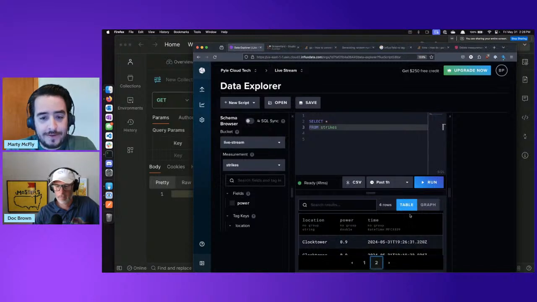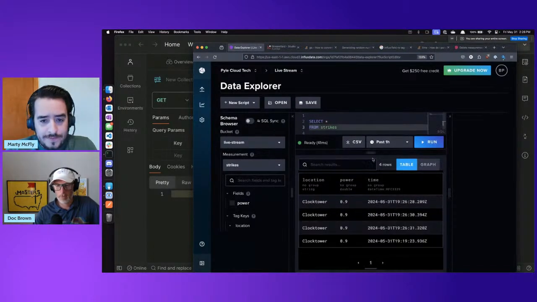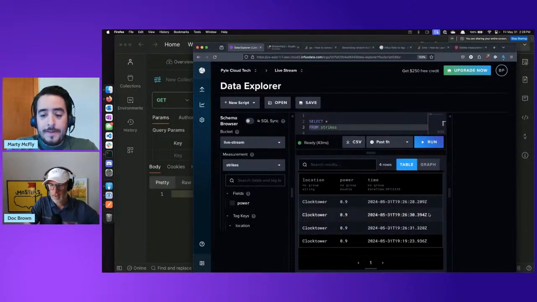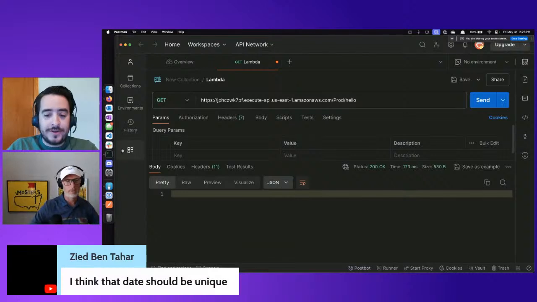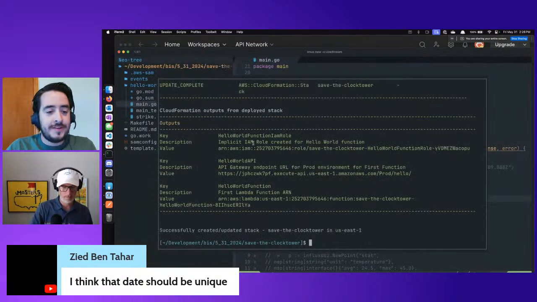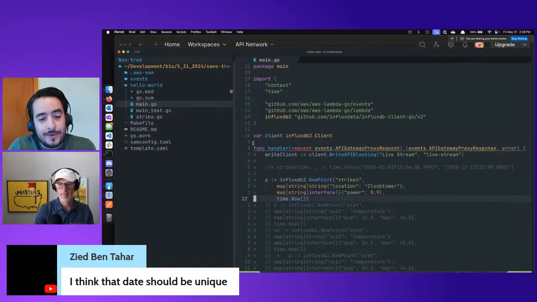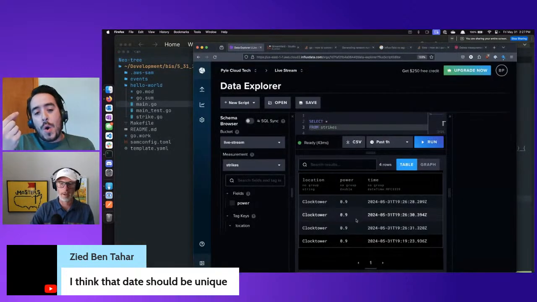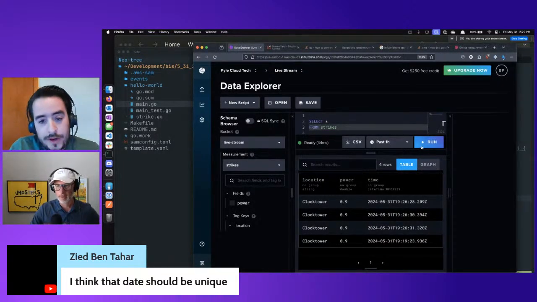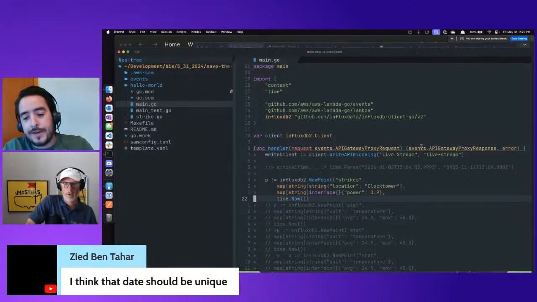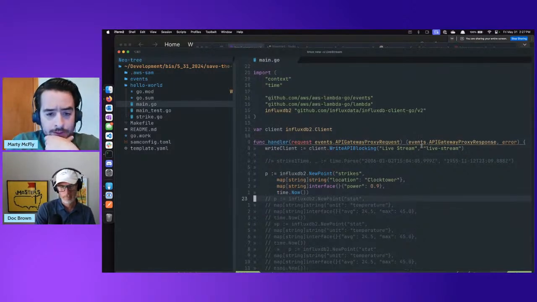There we go. Yeah, it was. But I only got 2. Oh, no, I got eventual consistency. Yeah, there we go. Okay, cool. All right, so here's something interesting, and we might verify this, but Ziad's saying I think the date should be unique. It's the key, so it makes sense. It does have to be unique. At least, what if you have 2 readings at the same millisecond? Well, in this case, it just fails. Okay. So let's do this.